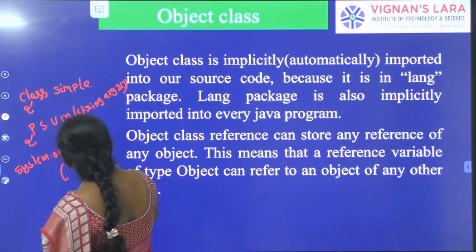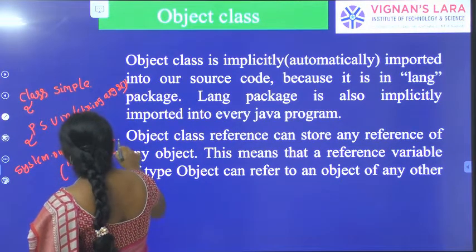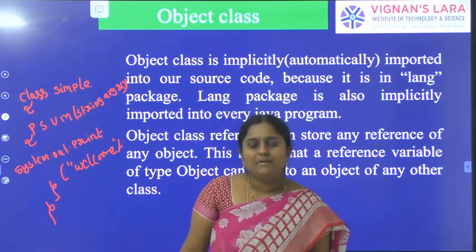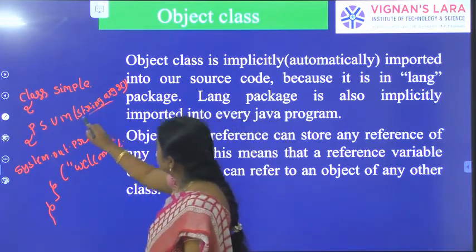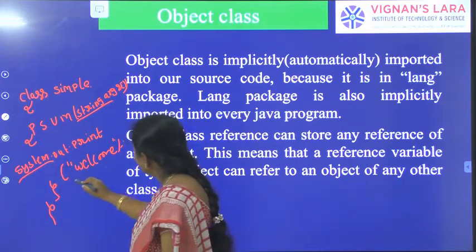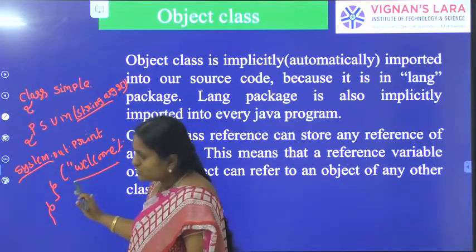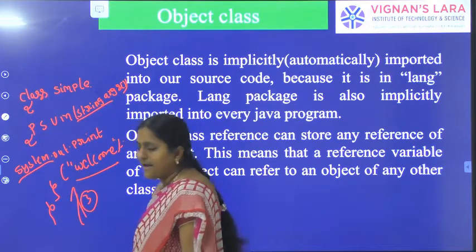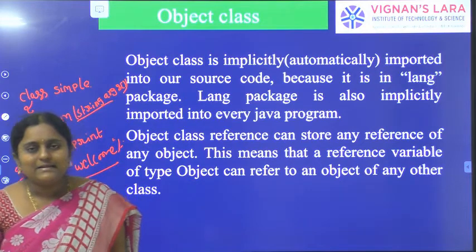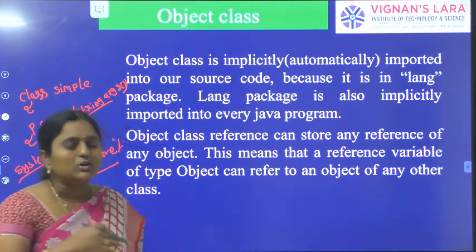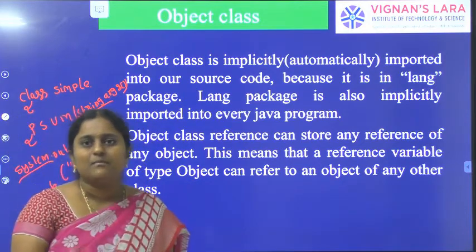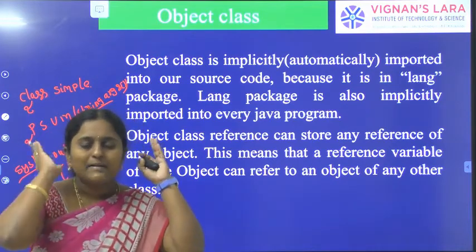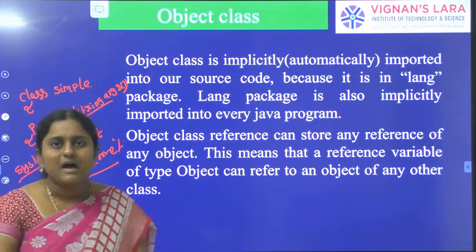Welcome. This simple Java program also depends upon the lang package. Here String is a class, System is a class. So even a simple Java program depends three times upon the lang package. That's why Java makes lang the default package. So it is automatically available in every Java program. Even a simple program depends upon the lang package.